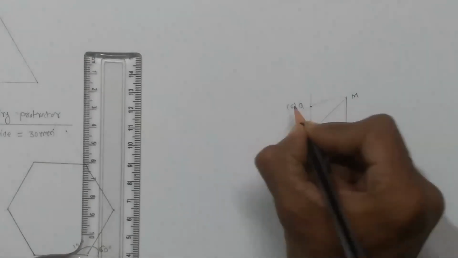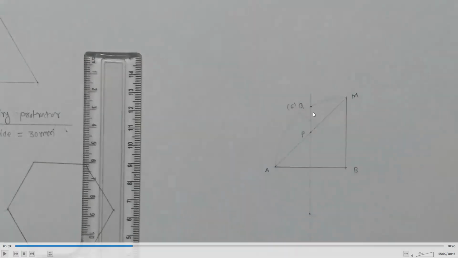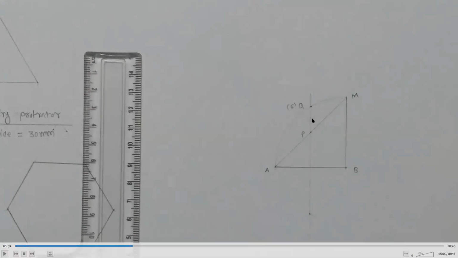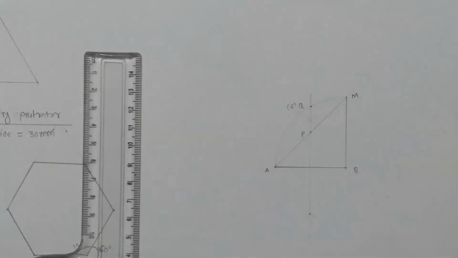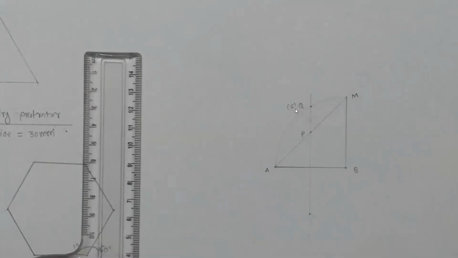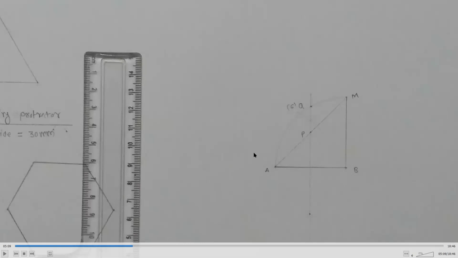Now here with Q as a center, that means if you take Q as a center point, and you take the radius that is equal to AQ or BQ, and draw the circle that will pass through the points A and B, then in that circle you can draw a hexagon. Okay, therefore I have written here 6. That 6 represents, if you draw a circle with Q as a center, then you will get the 6 side polygon, that means hexagon. Okay, so let us see how to draw that hexagon.